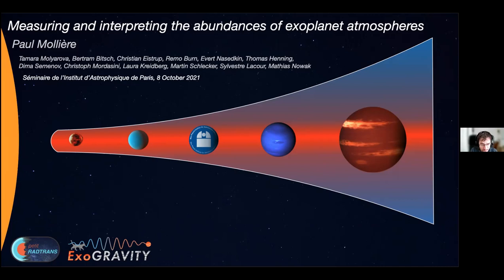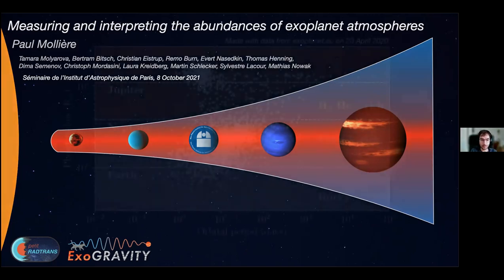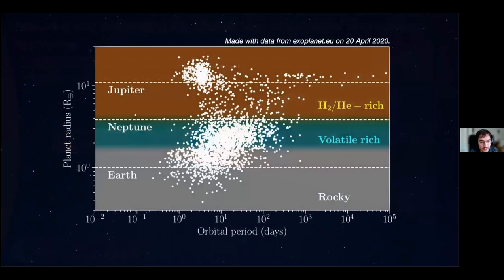I want to start quite broadly with an introduction to exoplanets. If you have never looked at one of these plots, if you're not an exoplanet researcher, this is what the population of exoplanets that we know nowadays looks like. What's shown here is planetary radii of known exoplanets plotted against their orbital period. And if you don't know how we actually measure planetary radii,